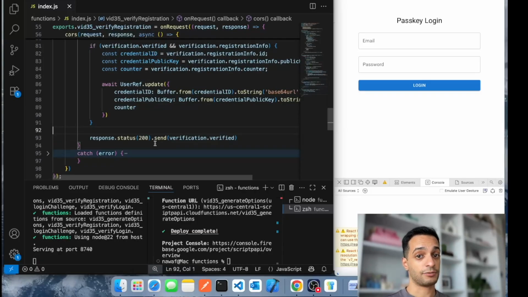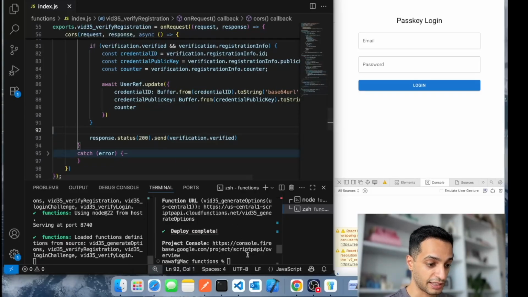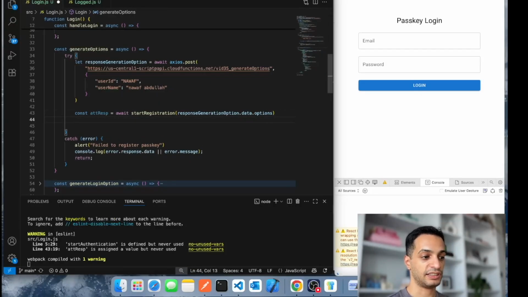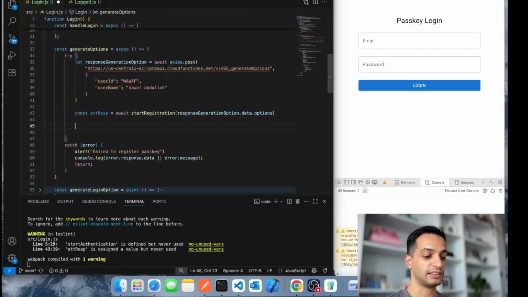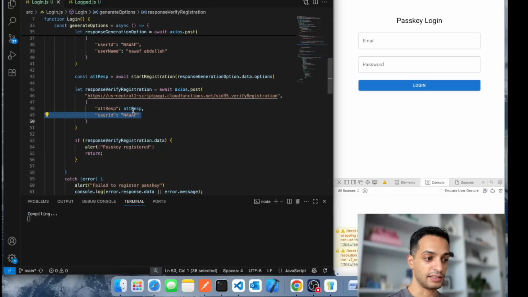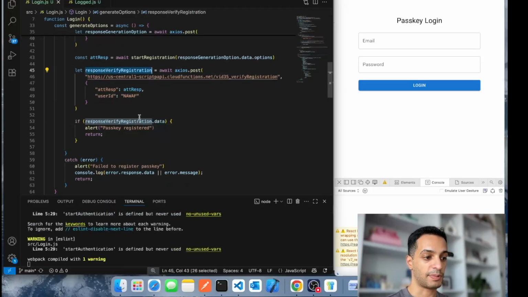Now, to test this, we can't test it in Postman. I'd rather deploy this and test it in the client side. While that is deploying, I'm going to show you how to finish the generate option steps in the client side. You're going to get this object, send it to your server like this along with the user ID,